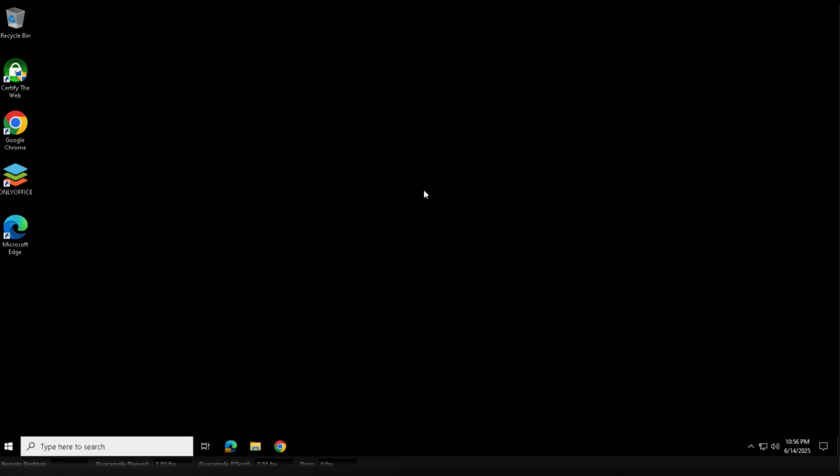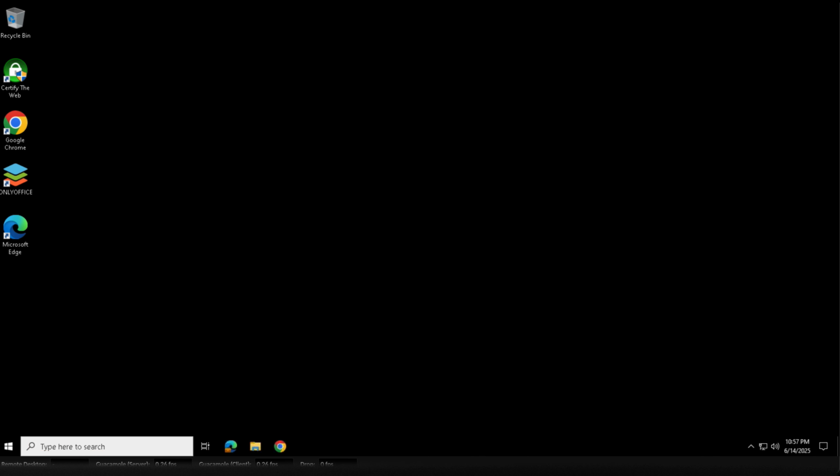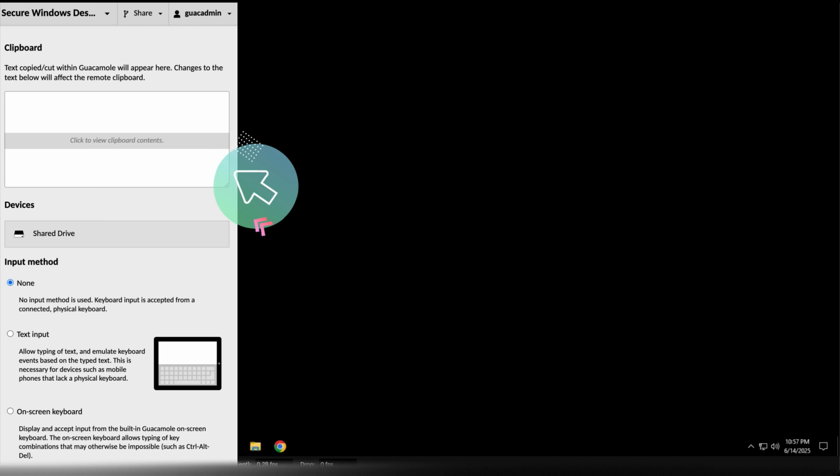So while we're here, the other thing we're going to talk about in the new Apache Guacamole 1.6.0 is the security that has been added to the clipboard. So if I do Shift Control Command on my Mac and you look on the left hand side, normally on Apache 1.5.5, the clipboard is going to display its contents by default. But now with the new version of Apache Guacamole, you can see that we have to click to view the clipboard contents,